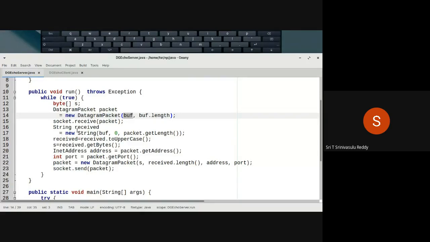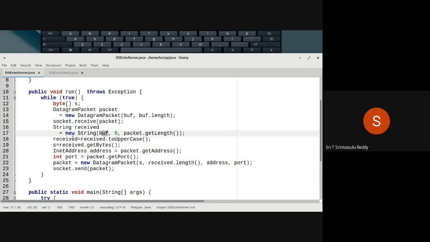So you say string received is equal to new string of, you specify the array of bytes, buff, comma. But that array contains a lot of characters, like 256 bytes or whatever. But your client might have sent only 4 characters. Then you have to specify only that much length.